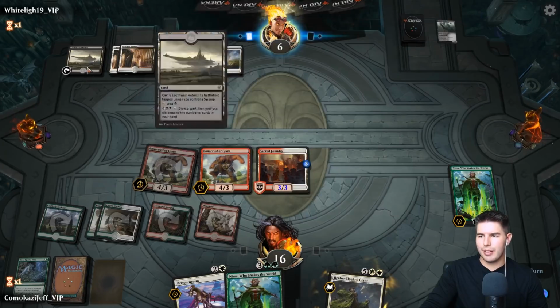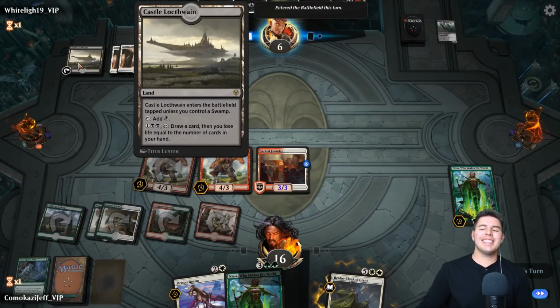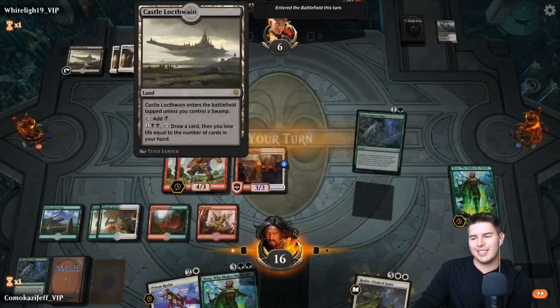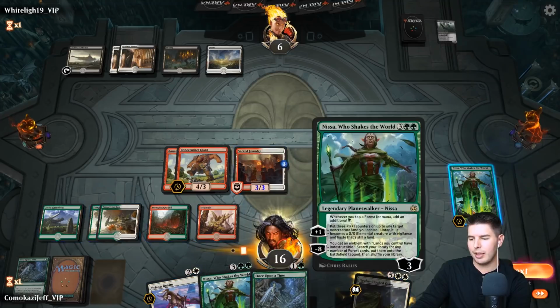Go ahead and draw there. That'd be a great way for you to lose. I would love to see someone scoop that way. Play the Castle Locthwain, draw, and immediately just lose. All right, we can play this right now, but let's go ahead and...